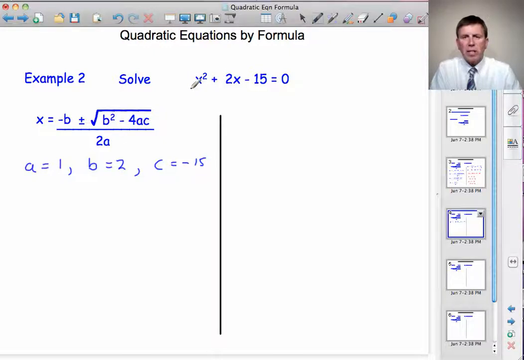Normally the number in front of the x squared will be positive, otherwise you could take everything to the other side where it would be positive. The x's and the constant, sometimes positive, sometimes negative. Now let's substitute these values in the formula, and we get x is equal to minus b, which is minus 2, plus or minus the square root